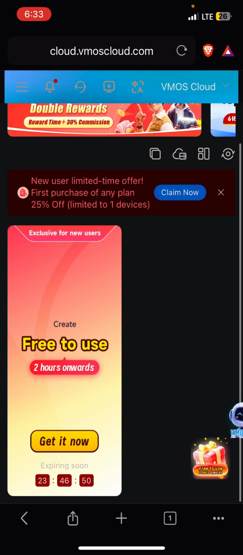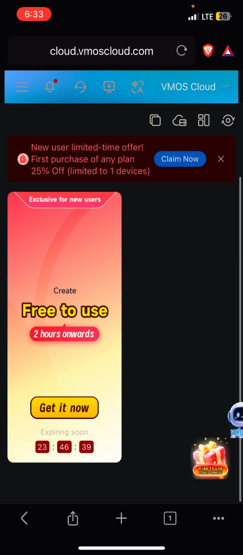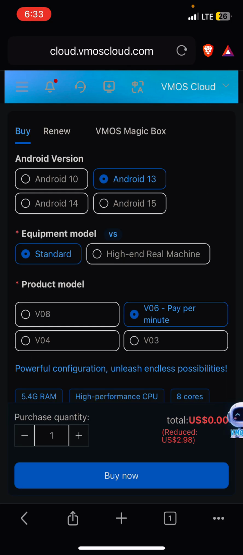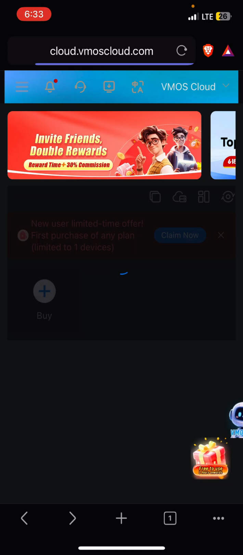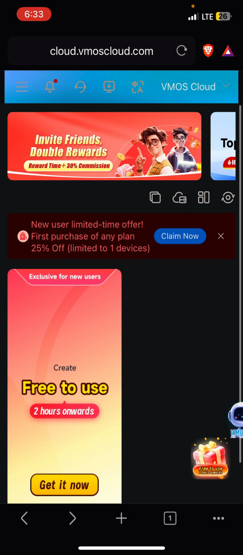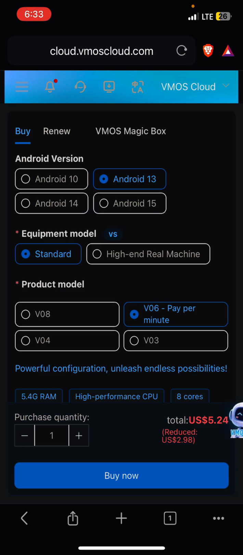This is how your dashboard will look like. As a first time purchaser, they'll give you a 25 percent discount bonus. So you can click on claim, and you can see they also give you free use for 2 hours just to test the platform. Once you click on claim, you can see if you are buying the cloud phone,